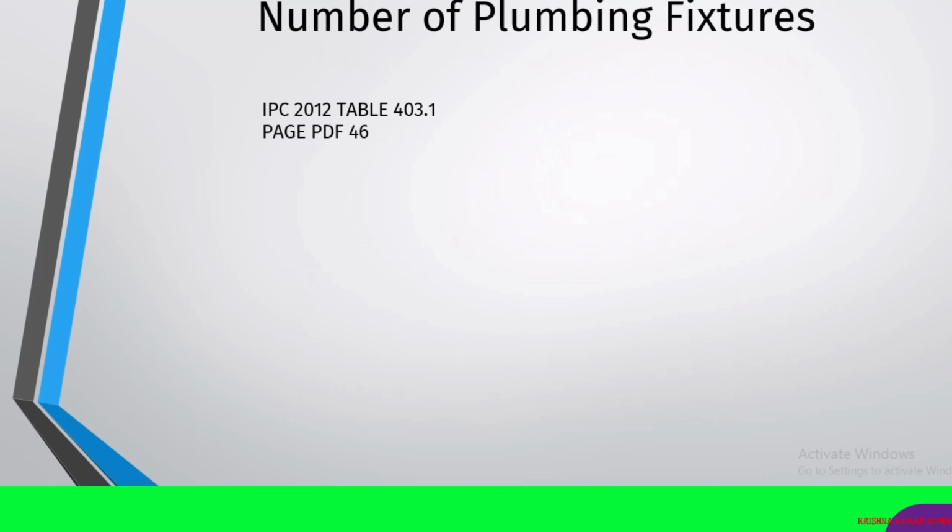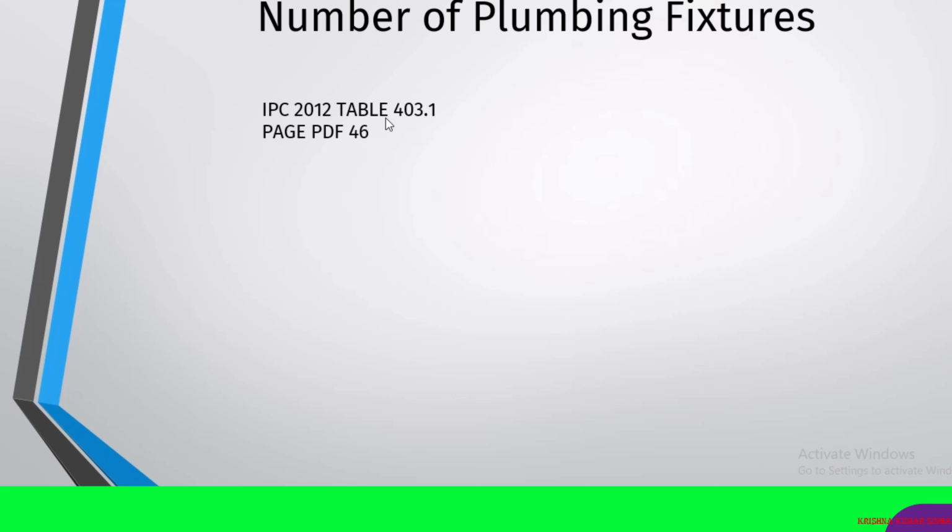So in this course, as you know, I'm using the International Plumbing Code. I will calculate the number of plumbing fixtures by using the International Plumbing Code 2012 version, table number 403.1. So let's move towards